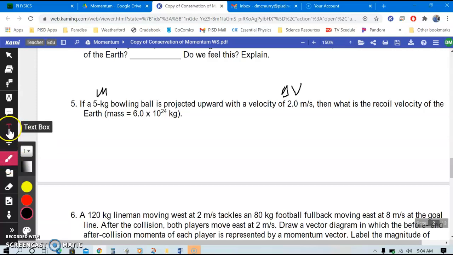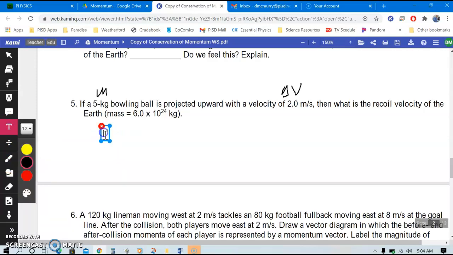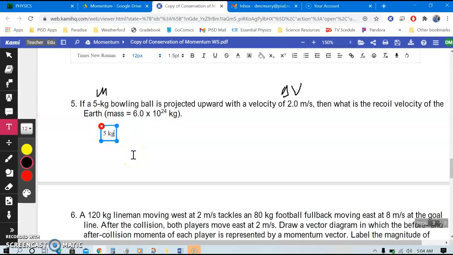So if we put that in our formula, the mass, which is 5 kilograms, times change in velocity, which is 2.0 meters per second, is equal to the mass of the Earth, which is 6.0 times 10 to the 24th. That's a big number because the Earth is humongous, times